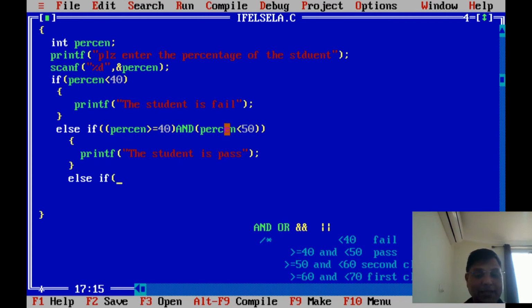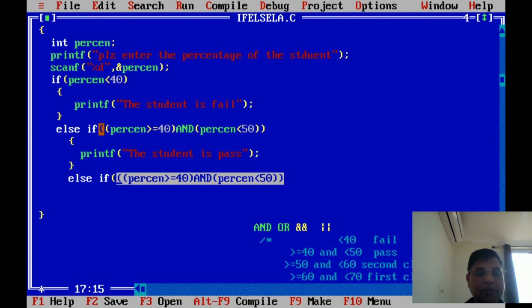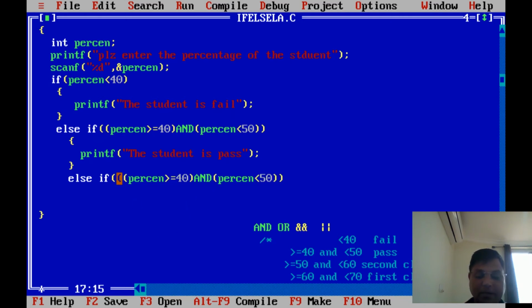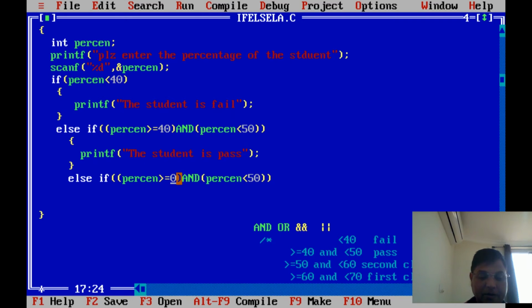Else if, use the same conditions again. I'm just copying this whole condition, changing the figures, using Control Insert and then Shift Insert. Now see here, there are two brackets. Now what I want to check is the third condition, 50 to 60. So greater than or equal to 50 and less than 60.